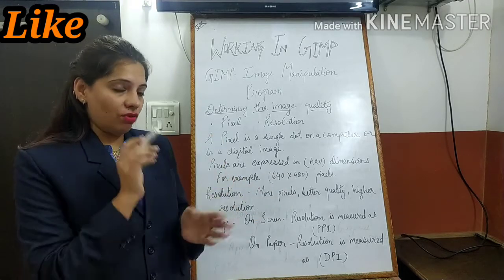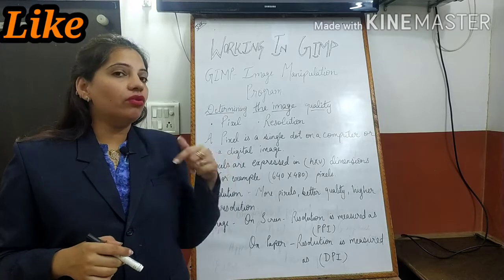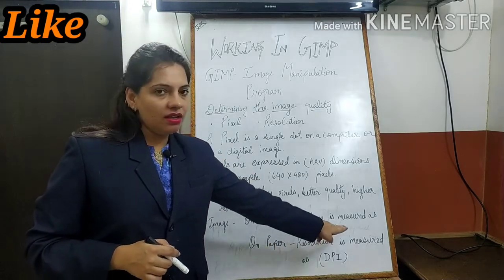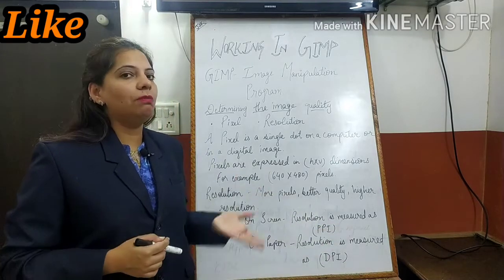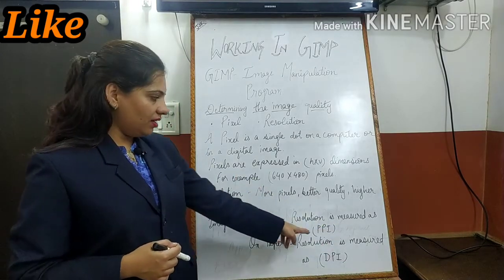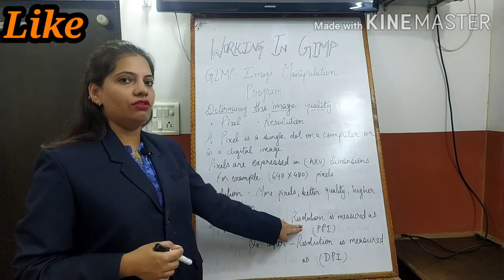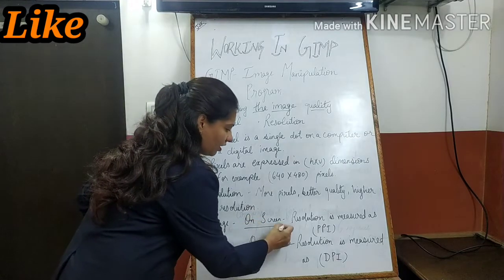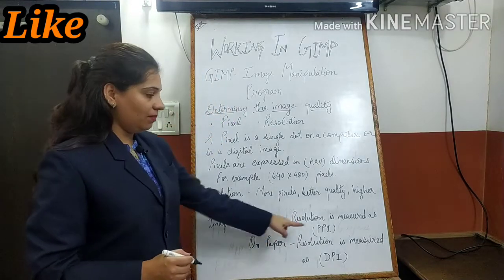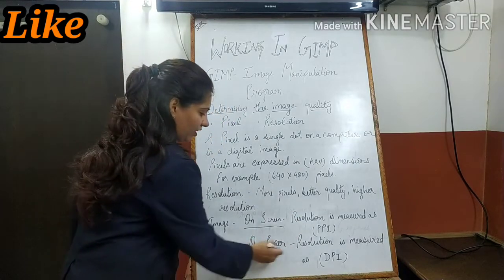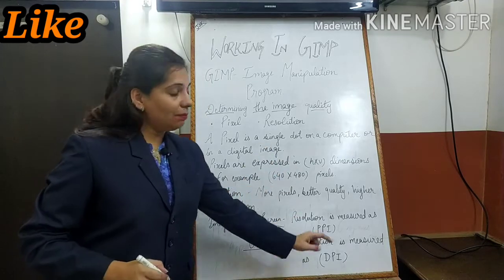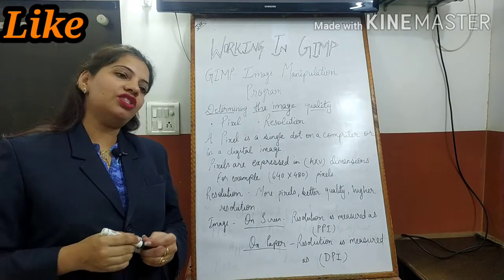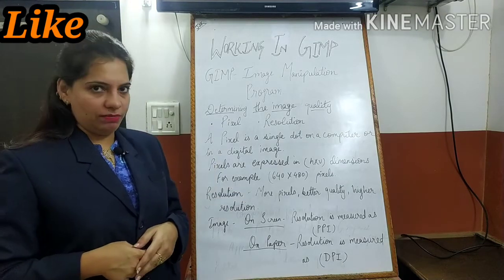When we are talking about the quality of the image, you have to go into details, you have to find out how much PPI the image is. So in terms of PPI, we will measure the resolution of the image on screen. Why am I saying on screen? Because we are talking about the graphical format. On screen, PPI. On paper, we will see DPI, that is dots per inch. As many dots are there per inch, that high quality the image will be.